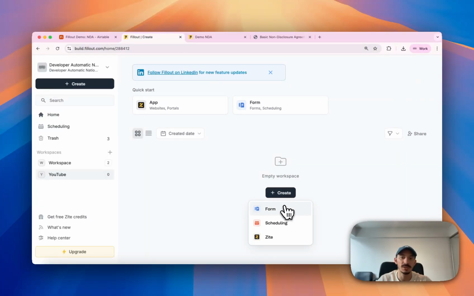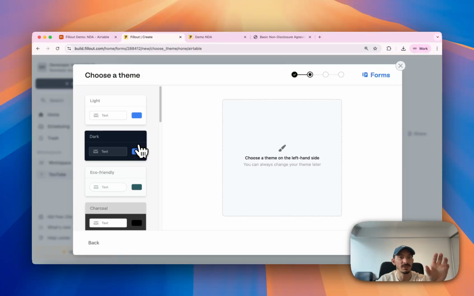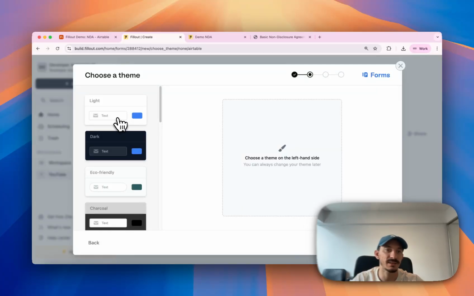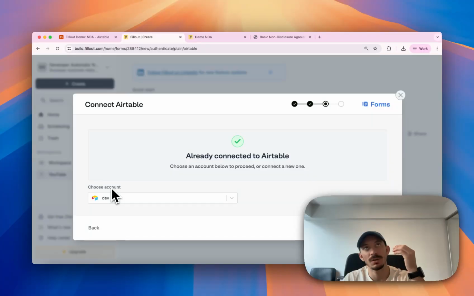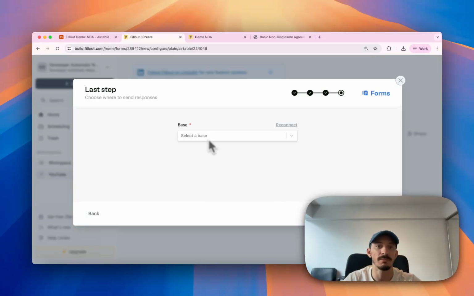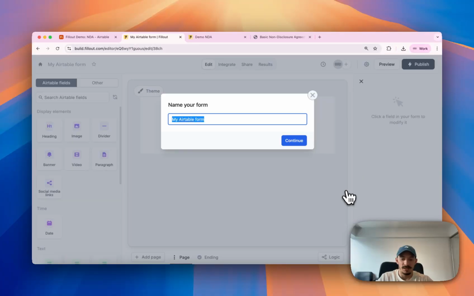We'll create a new form, and we will make sure that we select the connect option, the Airtable integration. As mentioned, Fillout has a direct integration with Airtable. Let's select the light theme, and you will be prompted to either log into your Airtable account to do this connection, or just to select your corresponding account if you're already logged in. I will select my account. You will need to select from the dropdown a given base where this record needs to be created. I will select my corresponding Fillout demo base and my NDA table. Let's call this